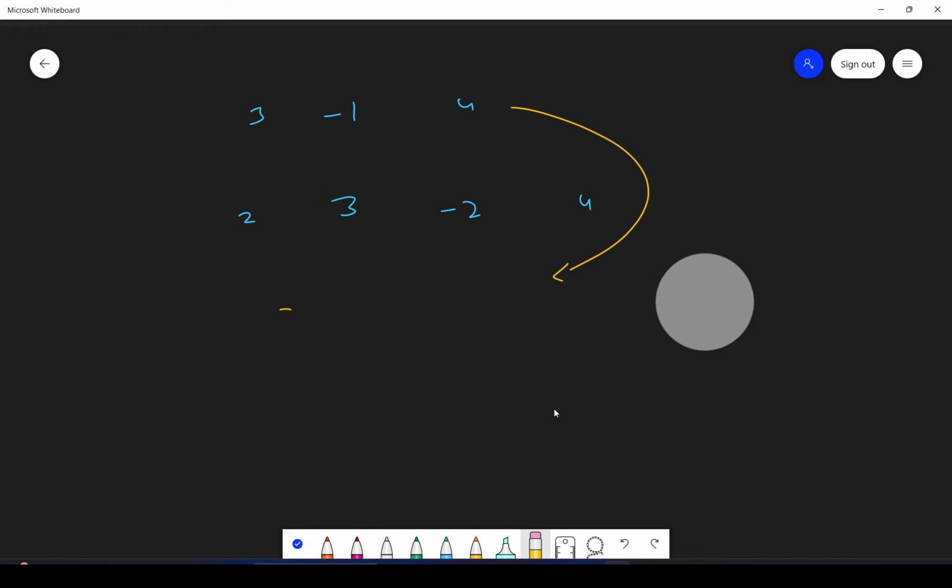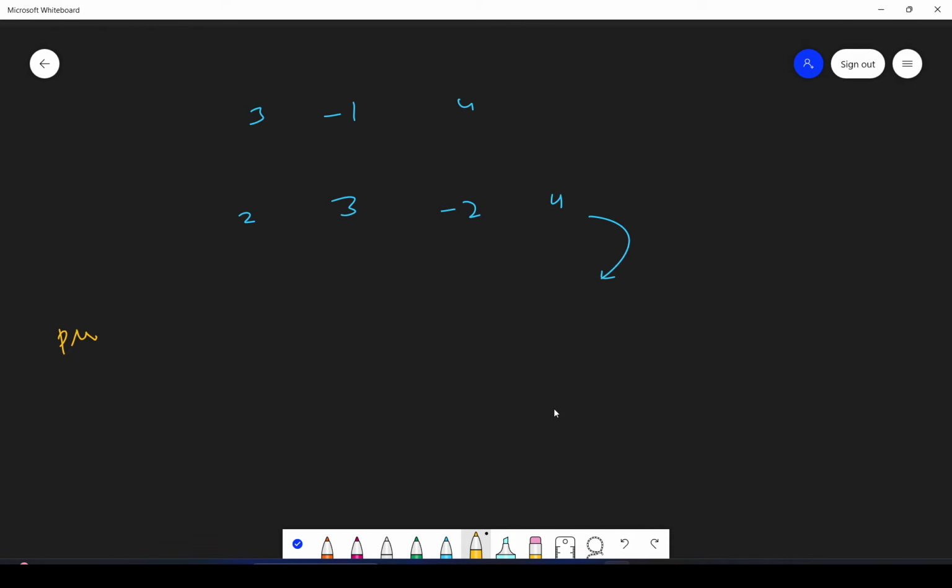I hope you understood what the problem is. Now let's see how we can approach it. Let's take the first test case. One basic approach is that I will keep a variable product and initialize it with 1. I will go to each element one by one and update the product. I will also have a variable answer in which I will store the maximum product which I have encountered till now.